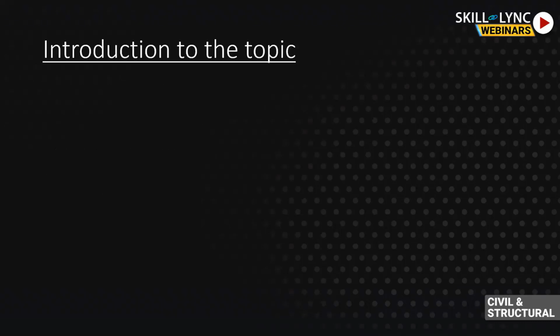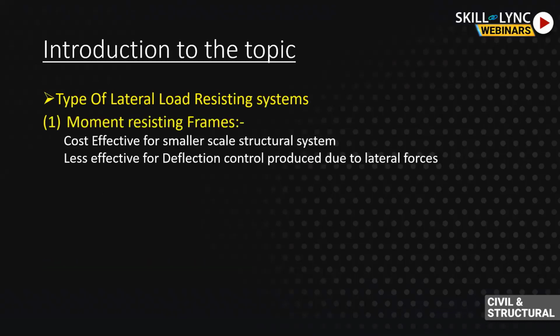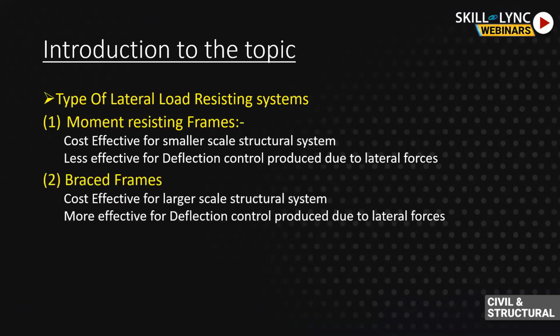With this, we'll start with the introduction. So, the introduction is bracing. First of all, we'll go to the lateral load resisting system. There are two different types of lateral load resisting systems. One is called the moment resisting frame, where we can consider that the load is transferred by the flexural actions in the rigid joints of the frame members, columns and beams. And the second one is the brace frame. A brace frame is nothing but a frame which has simple connections and has the bracings, the topic on which we are talking in much more detail. So those are the basic two lateral load resisting systems.